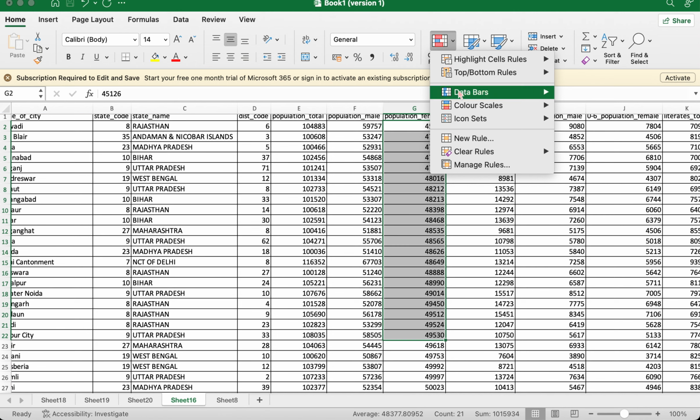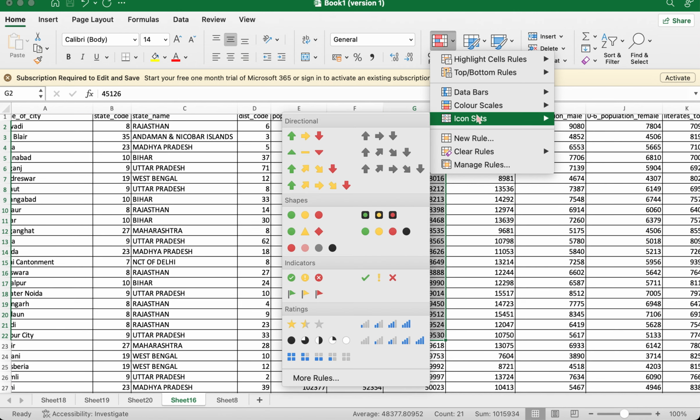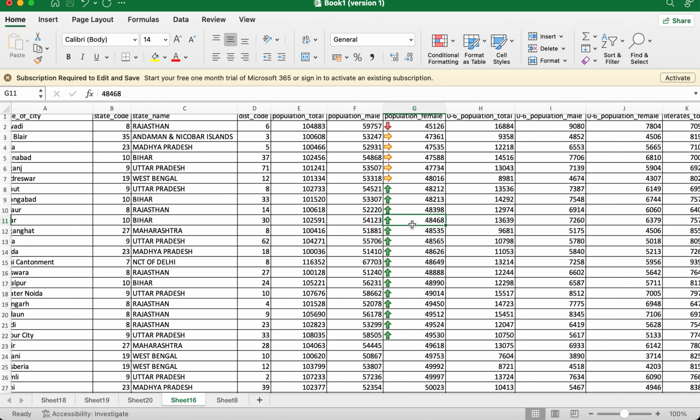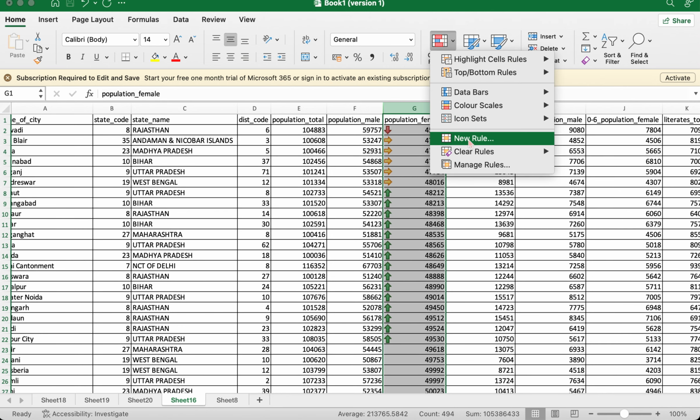And now coming to icon sets, you can set the icon as per your choice. If I select this one, green will be used for high values, yellow will be used for mid values, like average values, and red will be used for low values. So if I choose this, then see, I have selected only these cells, so conditional formatting gets applied to only these cells. So if I remove this rule,